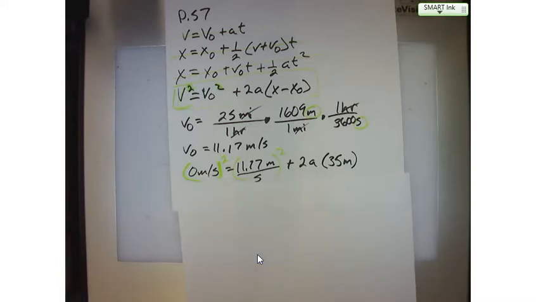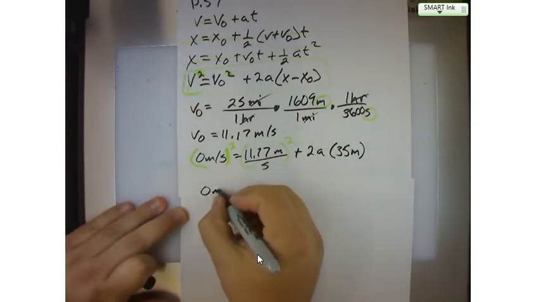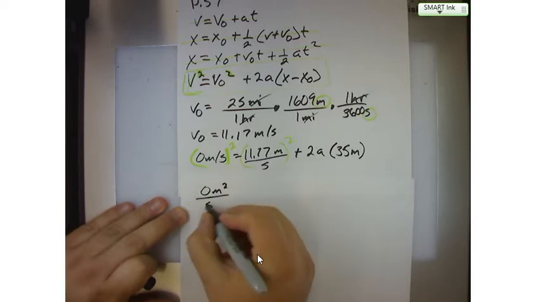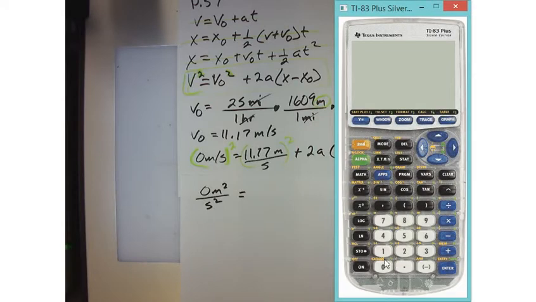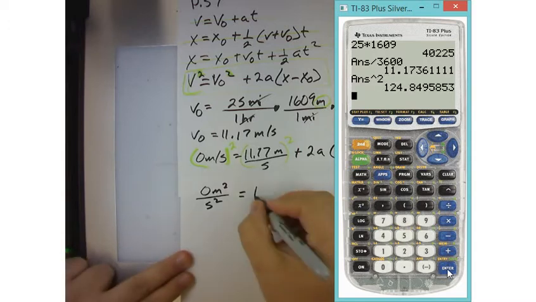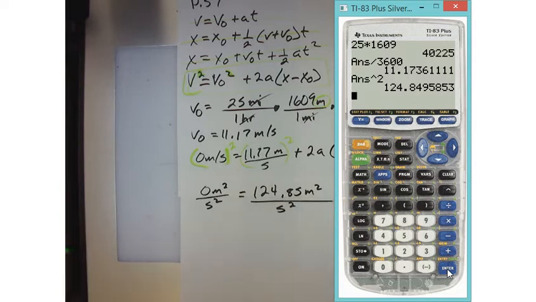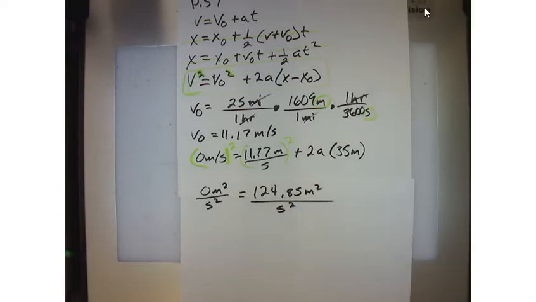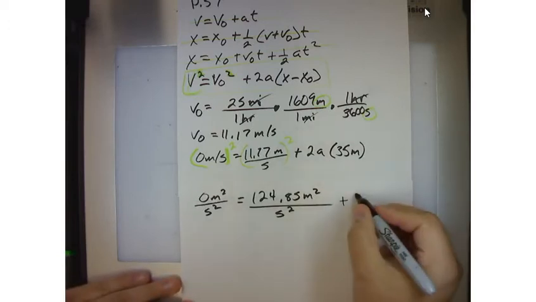However, 0 squared is still 0, right? But what it does is it changes these units. It becomes 0 meters squared over seconds squared is equal to whatever 11.17 squared is, which is 124.85. That's going to be meters squared over seconds squared. See how that works? Okay, plus 2 times 35 is 70 meters